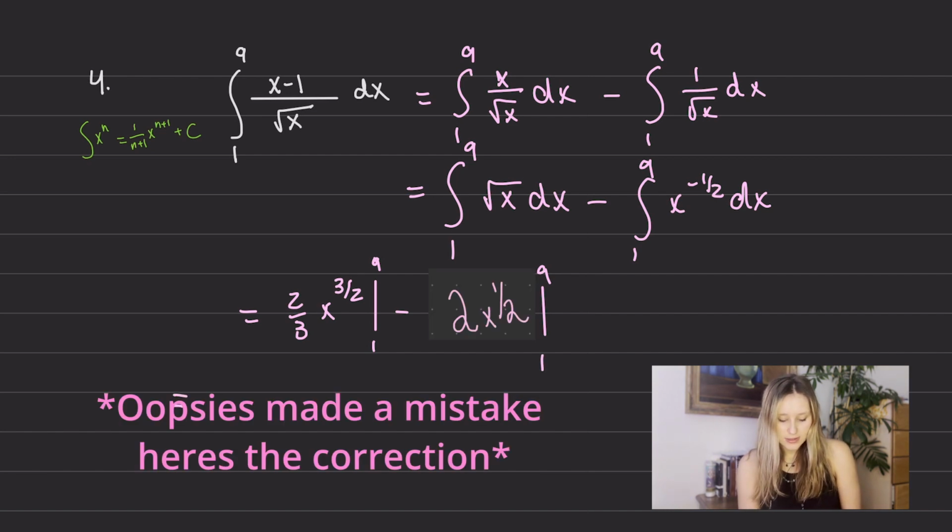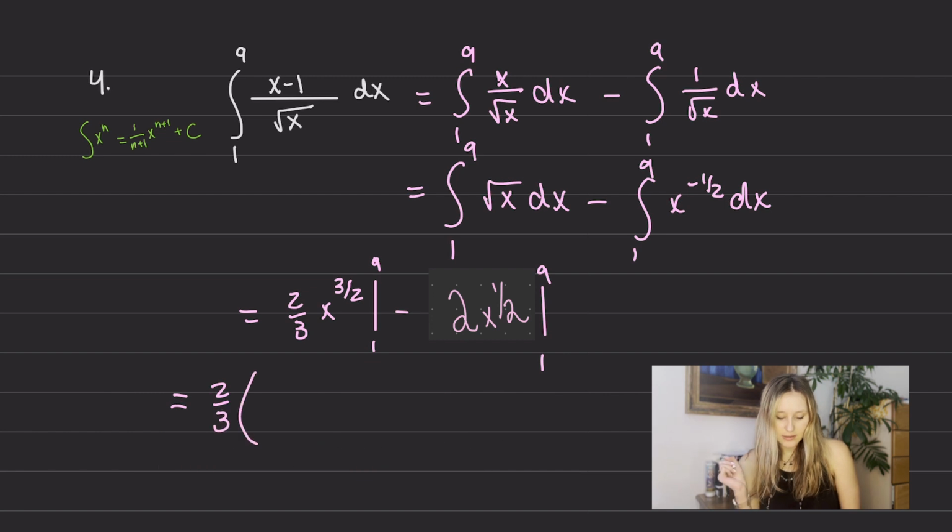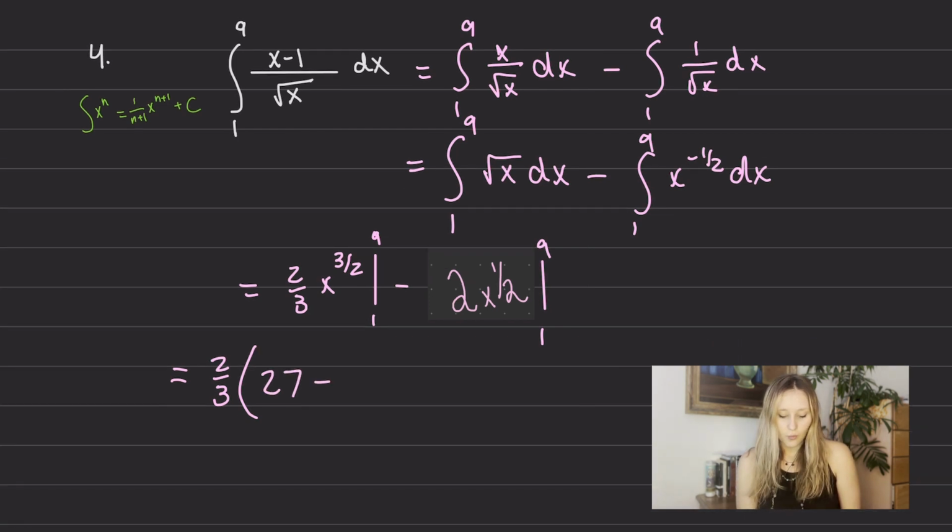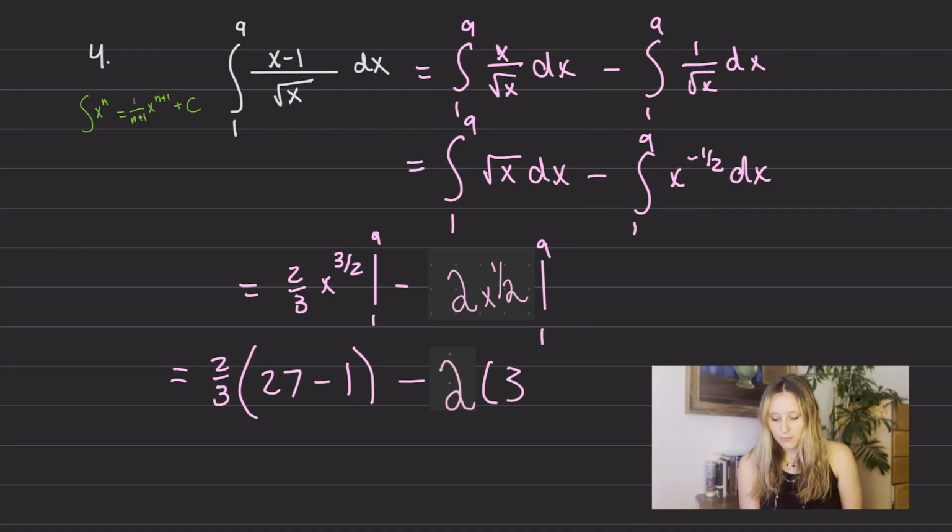Now we're going to pull out that 2/3 there. What is 9 to the 3/2 power? What is the square root of 9? It's 3, and then you cube that, that's going to be 27. And then 1 to the 3/2 power is going to be 1. And then that is 3 minus 1. We get 2/3 times 26 minus